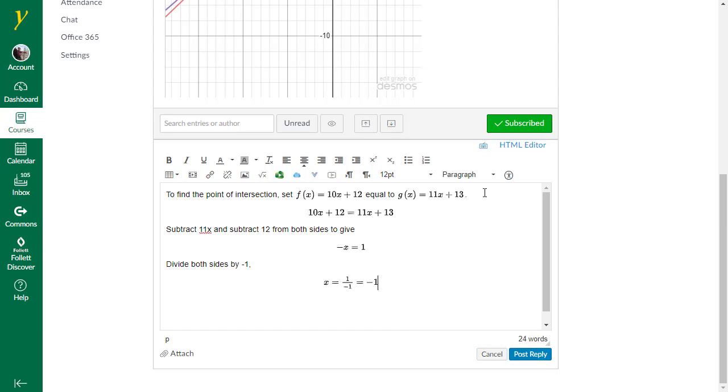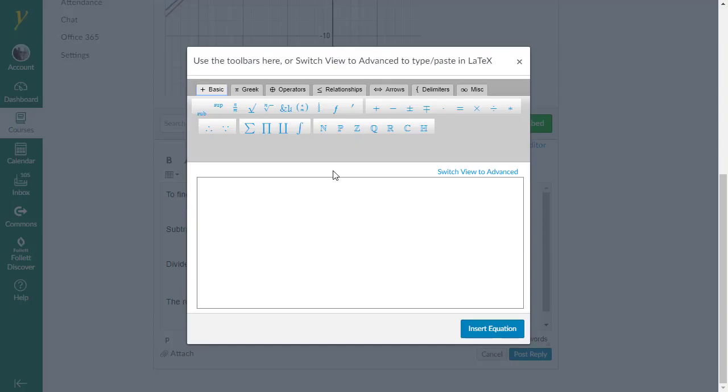Now, if you want to get a little crazy with this, remember this is the x value. If we need to know the corresponding y value, we could hit enter. We could left align and say the resulting y value is, and now I'm going to hit my equation button. And it doesn't matter which one of the two functions I use because they both have the same y value. So I'll say f of -1